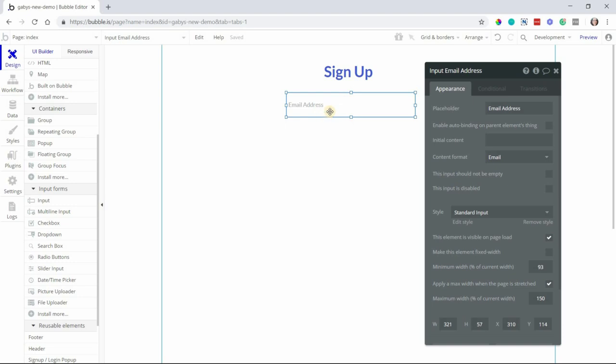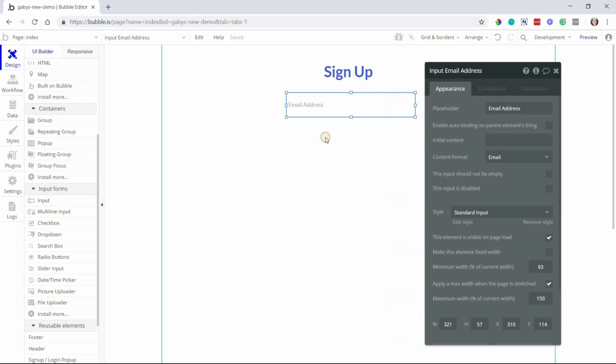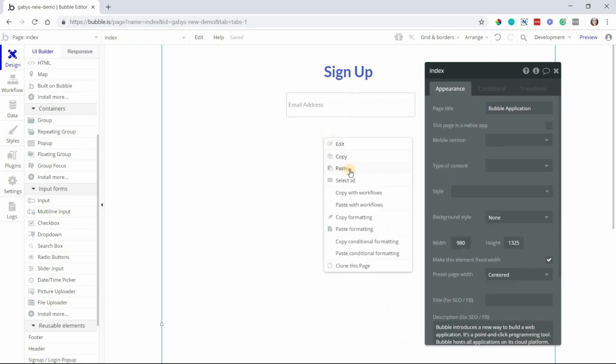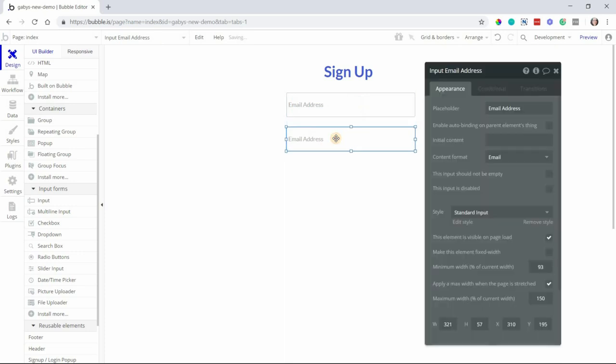Now I want to add another input of the same size so that everything is even so that the user can type in their password. The easiest way to copy an input is to right-click and select Copy from this menu. Then I will right-click on the page and select Paste. Now I have a duplicate input of the same size and I can modify from there